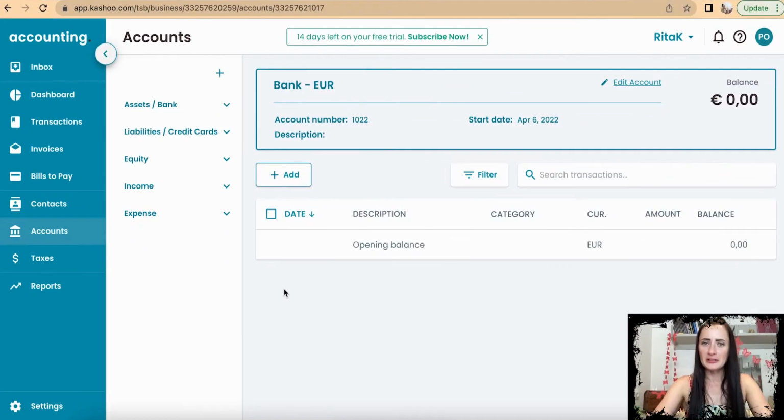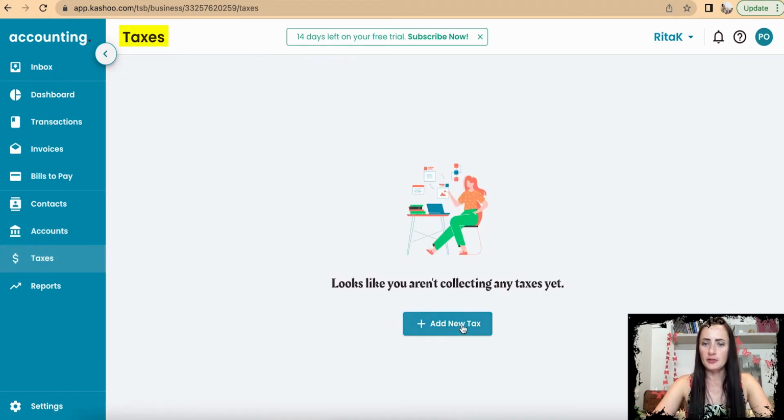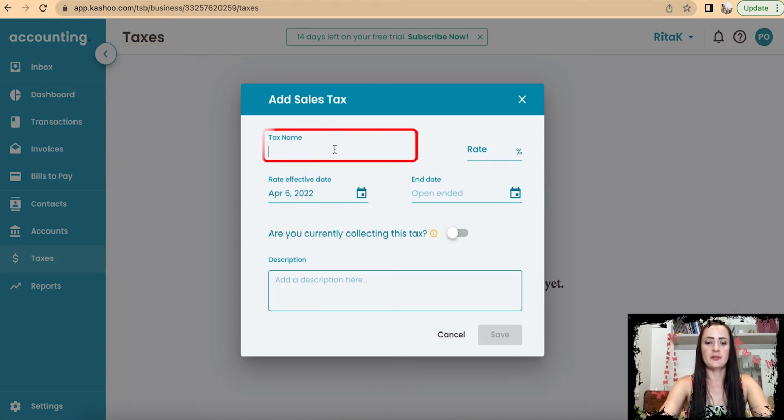So if you're a VAT registered business, how can you add different VAT rates on Kashoo accounting software? So let's have a look at the next section called taxes. In my case I'm not VAT registered, but if you were, this is how you would add different VAT rates. On the sidebar on the left hand side, there is a section called taxes. Click on add a new tax, and we can add, for example, VAT